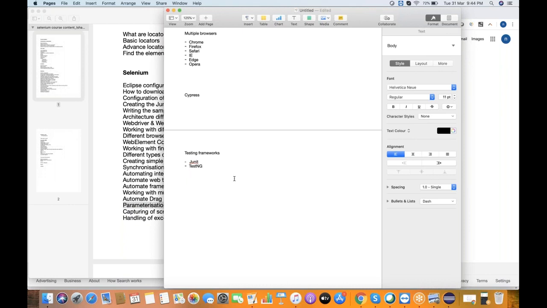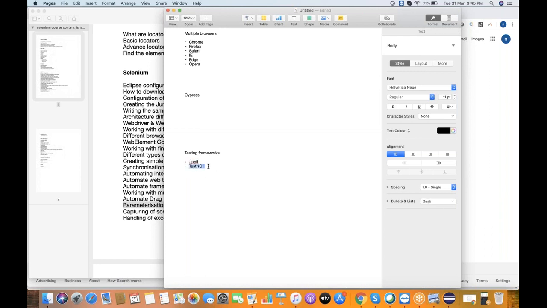So if you want to read data from Excel, you can connect your Excel with this TestNG data provider and read data from Excel. JUnit is not up to the mark to achieve that parameterization. We cannot use that. So for that reason, TestNG is more advanced than JUnit. If you know one, that is enough. We don't need to cover both basically.